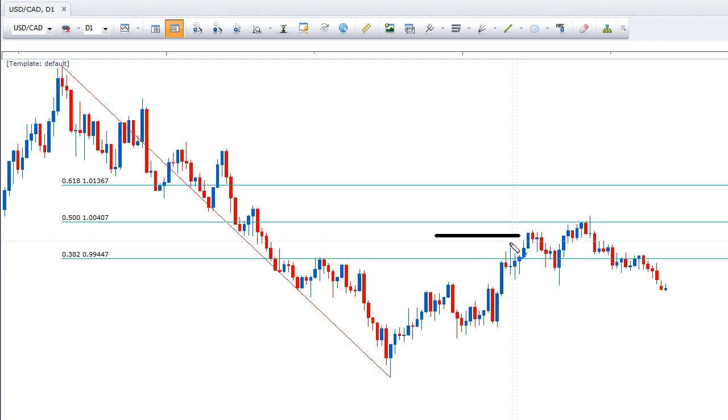Now my target is typically going to be in the 2-to-1 area. So I'm going to look for a target that makes sense based on a good level that gives me about a 2-to-1 reward to risk ratio. In this case, there's a very obvious target because there's these two tails here, which provide a great support area, and I don't want to put my target below these or else it's going to hurt my chance of winning the trade. So my target's here and my stop loss is here,